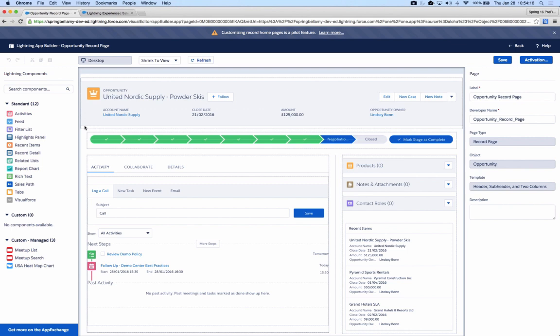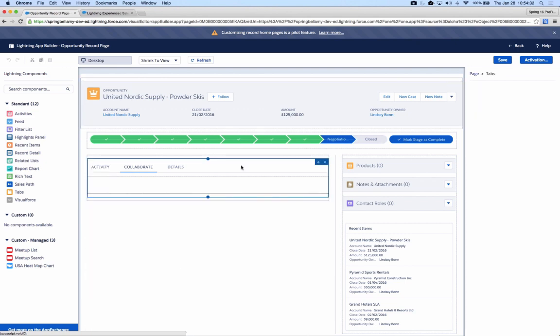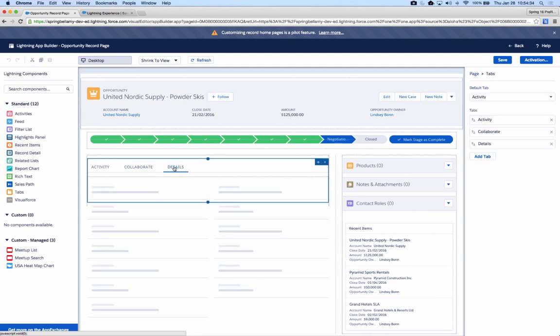All you have to do is search for App Builder in your DE environment or your admin playground and just click the checkbox for record home, customize record home. But we also have updates with it. So maybe you played with it last fall and got your hands on App Builder, but one of our new updates to App Builder is the ability to customize your tabs.